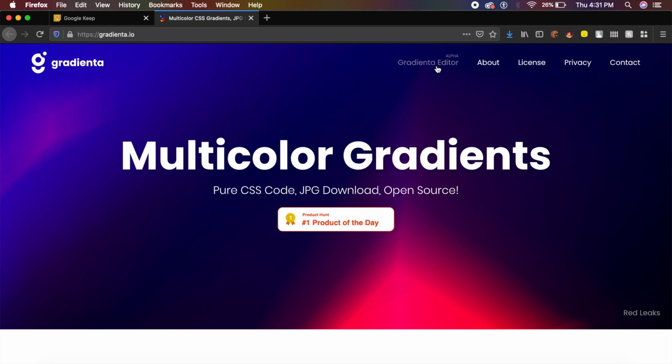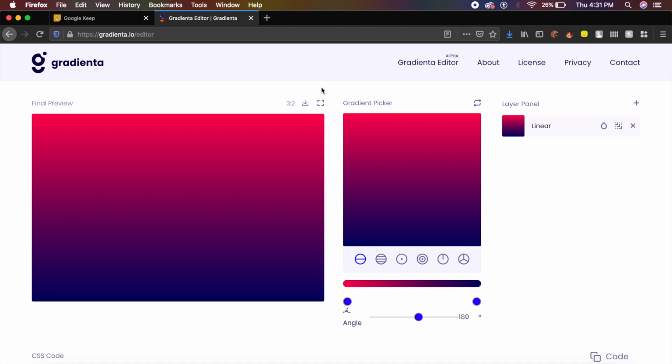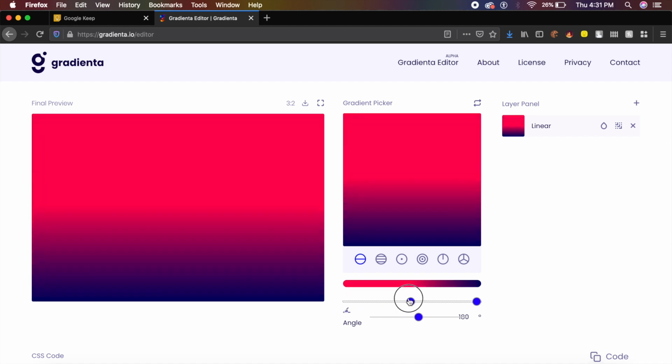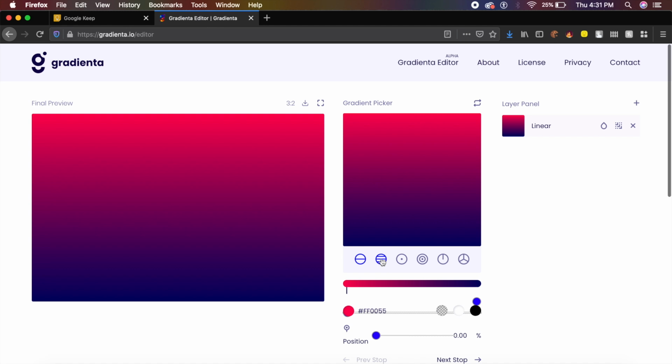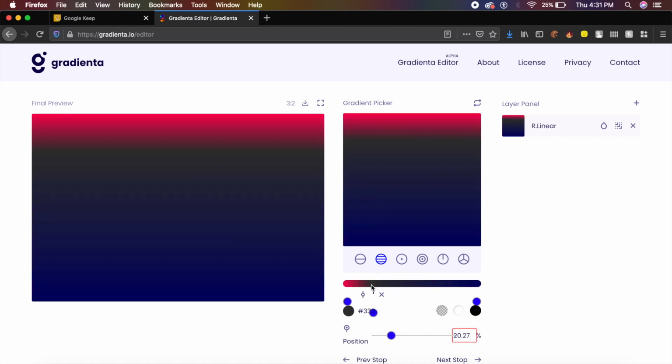If I go to Gradienta editor on the top here, as you can see, we get this amazing tool right here. So we can quickly just adjust the colors like this. So I can just adjust the position of colors. I can also switch between the different styles of gradients. So in this case, this could be this linear gradient, or radial, which basically means you can add more points